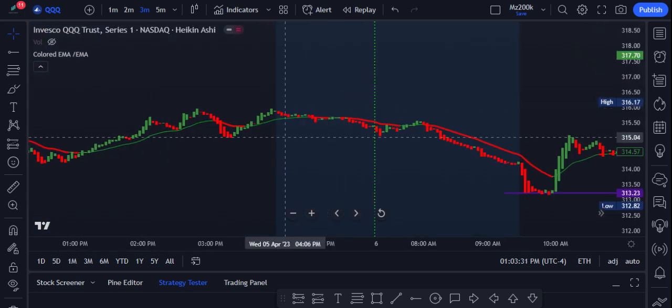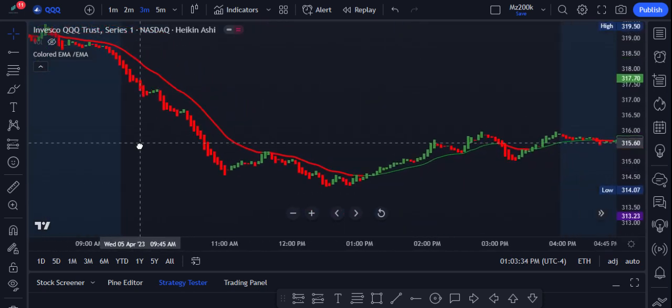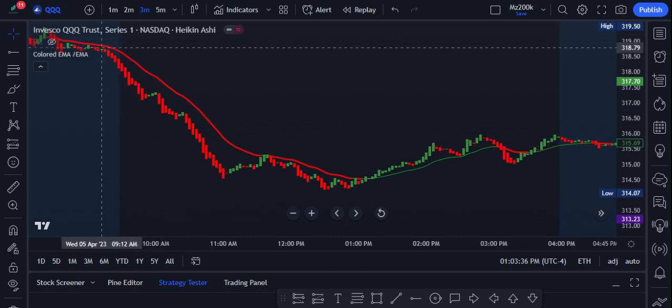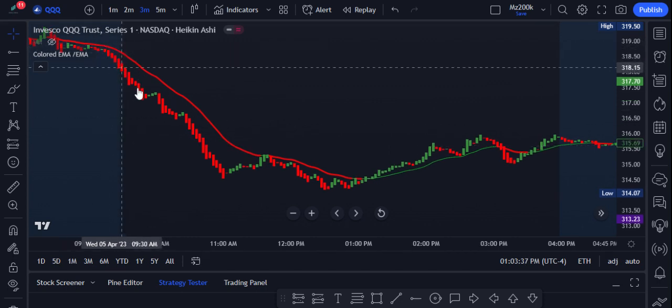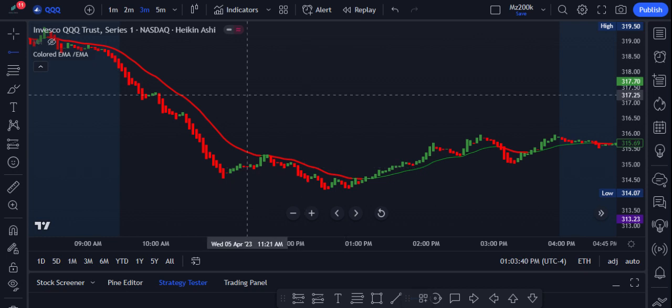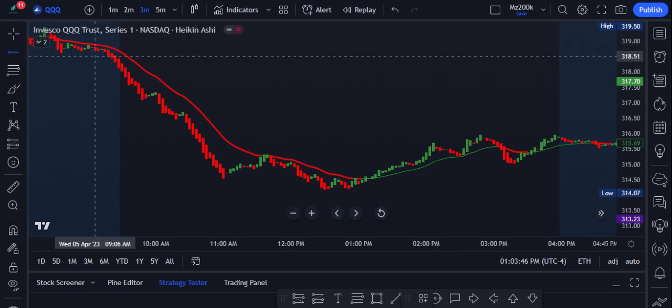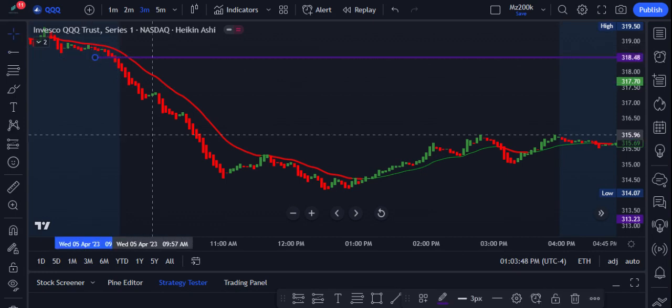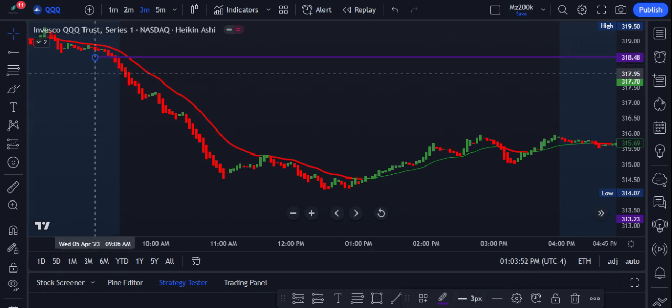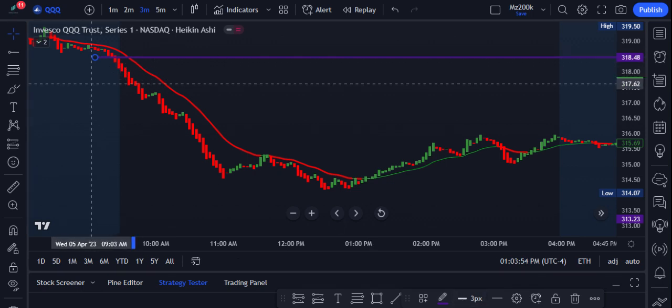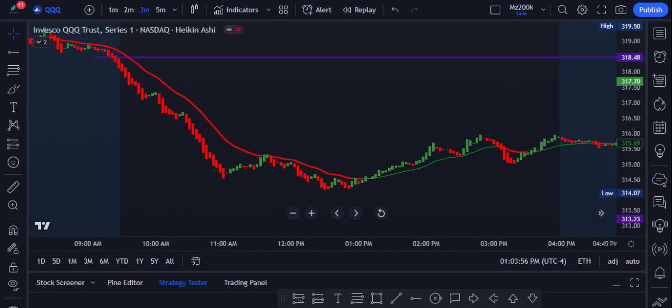Let's find a more complex day. Okay, so here we are. Once again, all of the candles are under the 21. And if we plot our morning levels, we have resistance here. And I know I'm going to do the first three candles of the morning. And we have our,